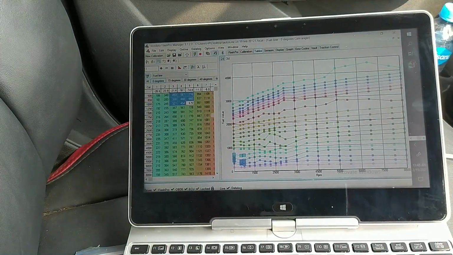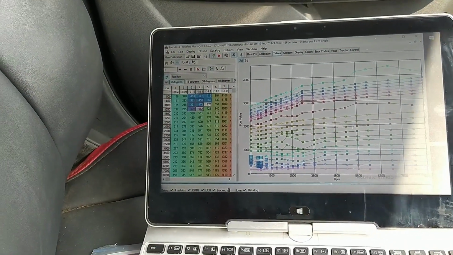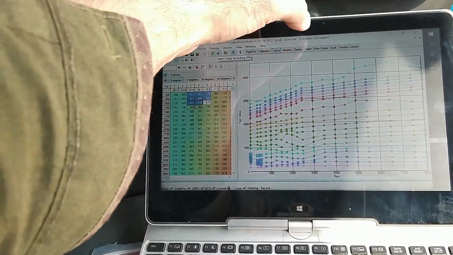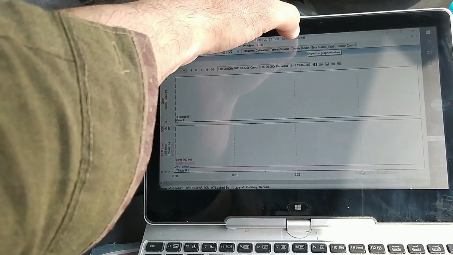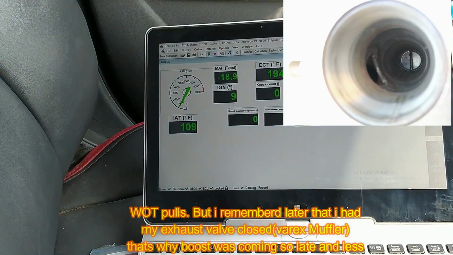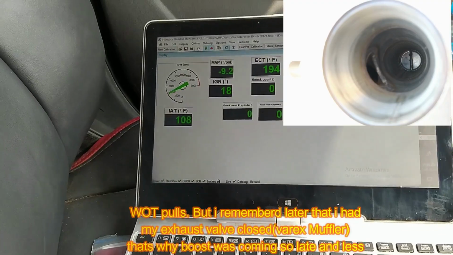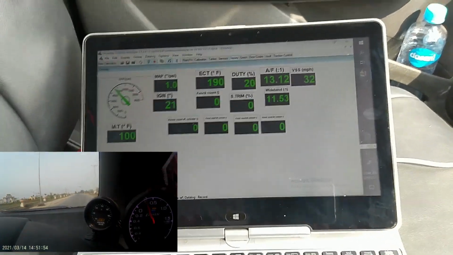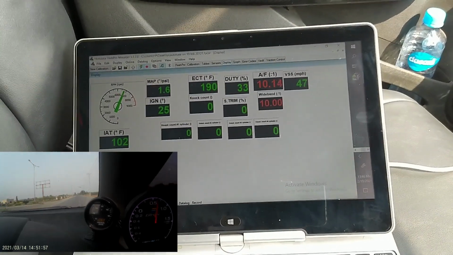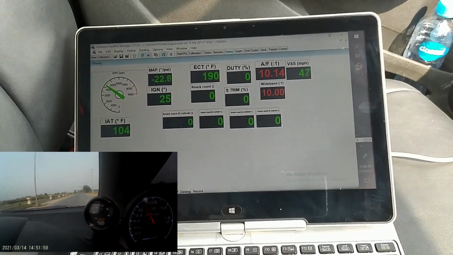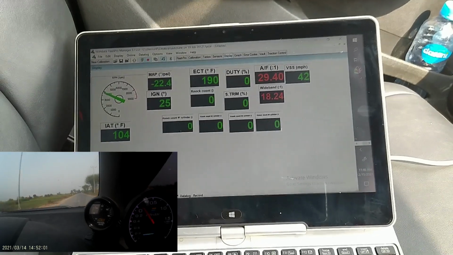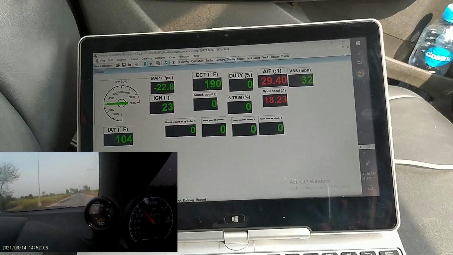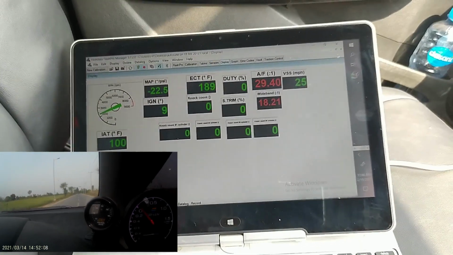Let's start that. Now the road is clear. I will go into full throttle, and it's better I record it, so I press the record button and plus, I am showing the displays. Okay, here we go. Full throttle. It is very rich, I can see on my wideband. But that's what we want to correct, okay? Check it again.